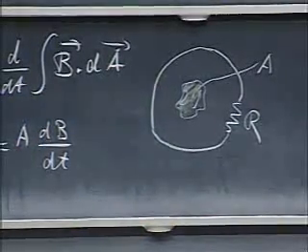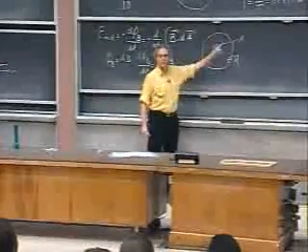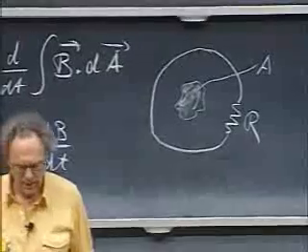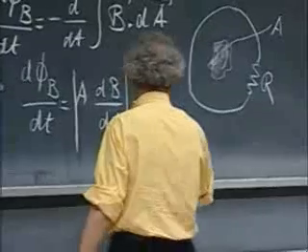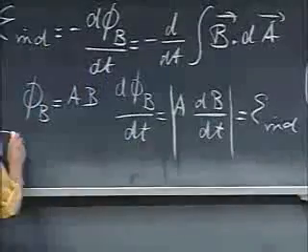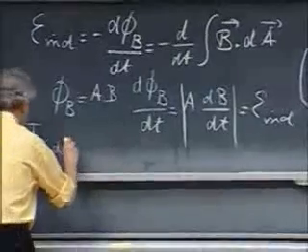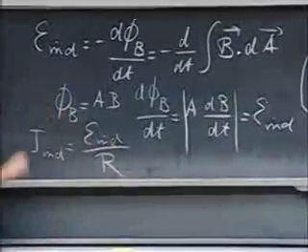And so you induce in this conducting wire an EMF, and the EMF has this magnitude. This is the magnitude of the induced EMF. And so the current that is going to flow, the induced current, is the induced EMF divided by the resistance of that whole